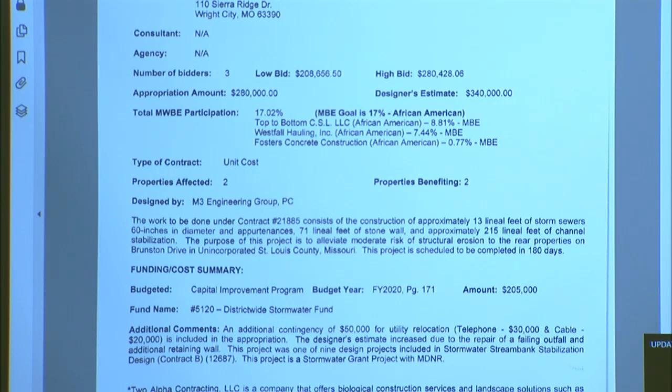If you recall, we've had quite a few of the bank stabilization projects going on throughout the district. And even as early as a couple of months ago, we had a single bid on a project. So I think the industry is starting to see that we have this type of work, and we're starting to draw in some new contractors, which is good for us through our bidding process.